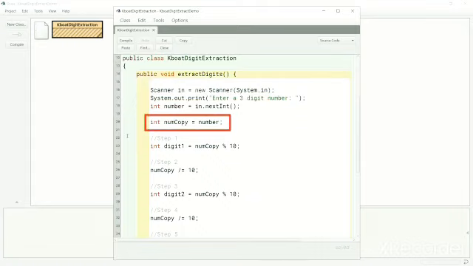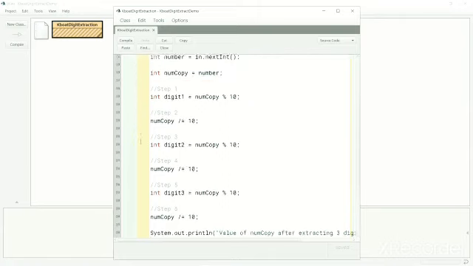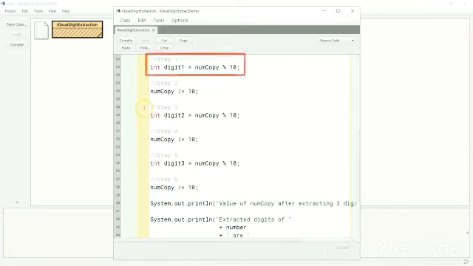This step of making a copy of the number is essential because we will truncate the number for extracting its digits, and we don't want to lose the original input given by the user. This is the first step of the process. Modulus operator returns the remainder of numCopy divided by 10.